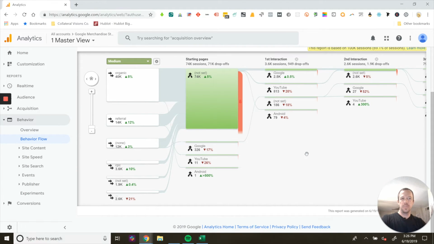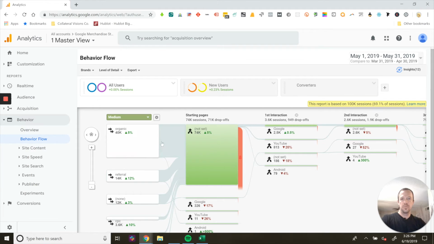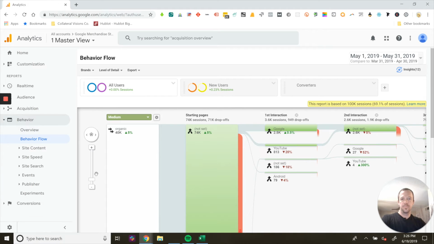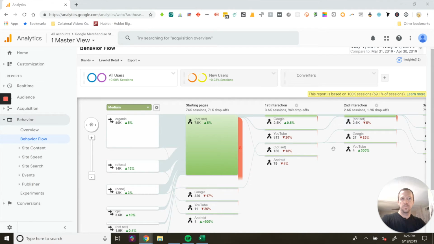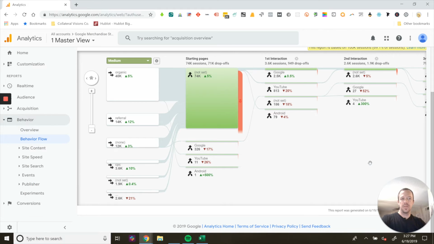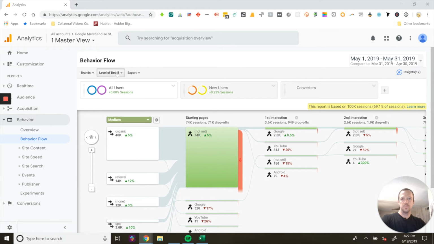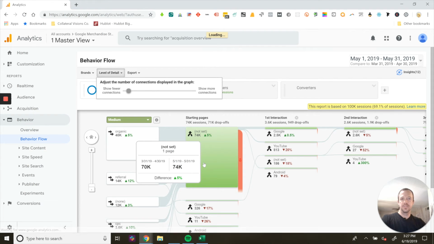And you can expand out these interaction points, so we see out beyond that level of detail. If we want to do this,